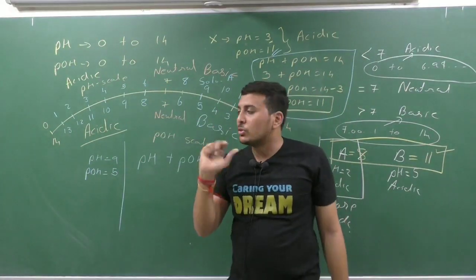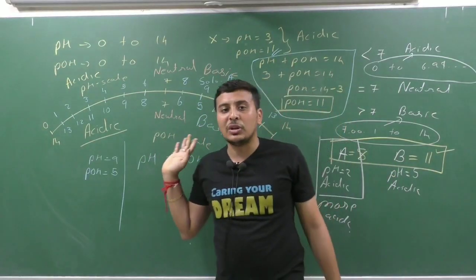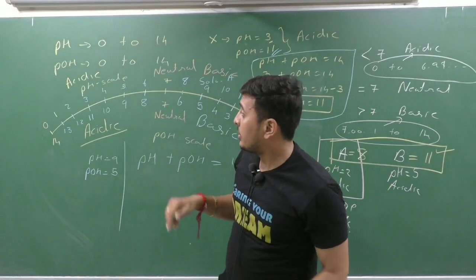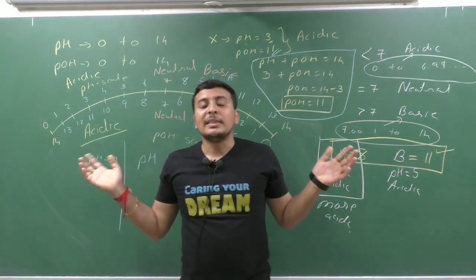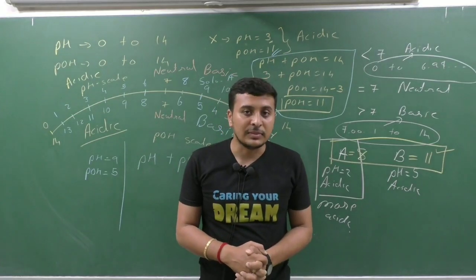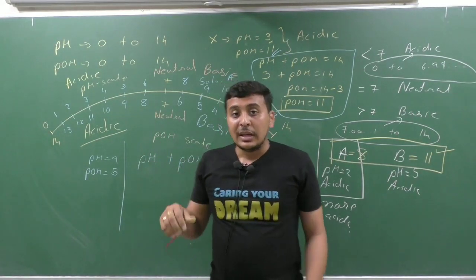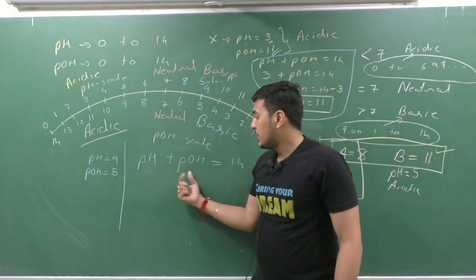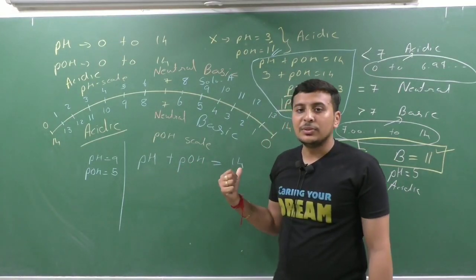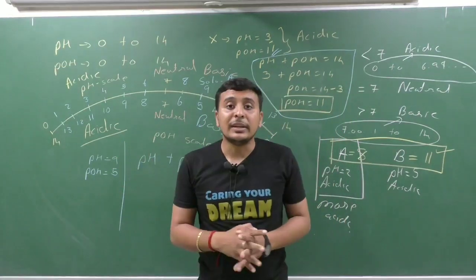Try to solve the questions or watch the video again two or three times, then you will be sure about it. It is a very easy concept. In the next lecture we will learn how to measure the pH of any solution. But first you should learn about pH and pOH, and this is a simple formula: pH plus pOH of any solution is always equal to 14. Clear? Now just remember it, try to understand it.